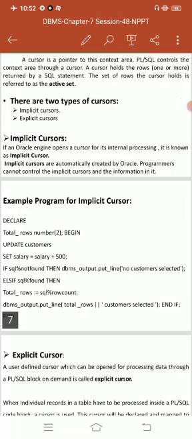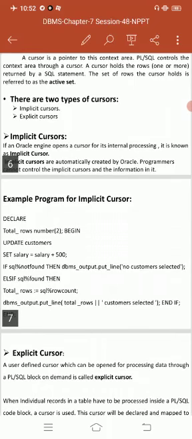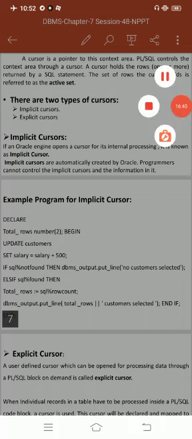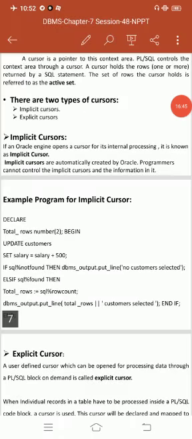Implicit cursor means that if the Oracle engine opens a cursor for its internal processing, it is known as an implicit cursor. Implicit cursors are automatically created by Oracle whenever an SQL statement is executed, when there is no explicit cursor for the statement.